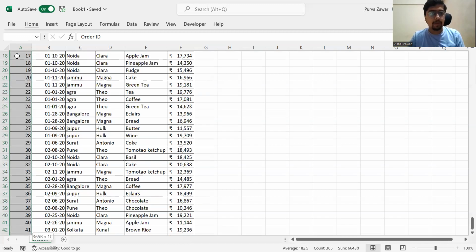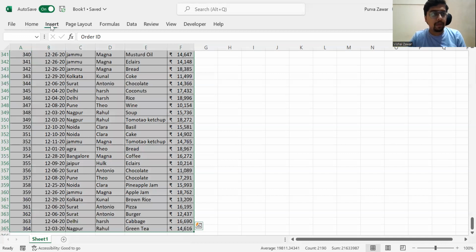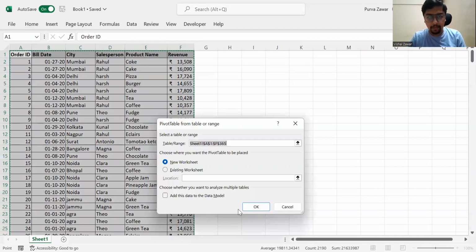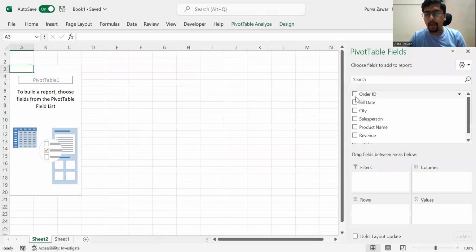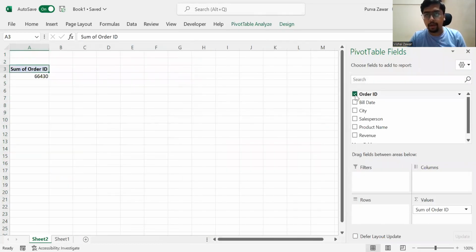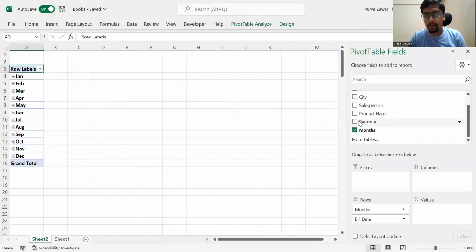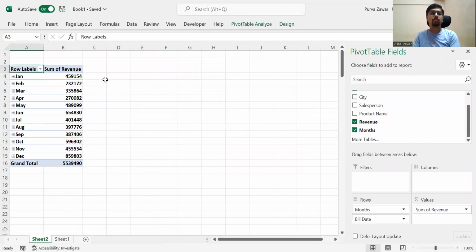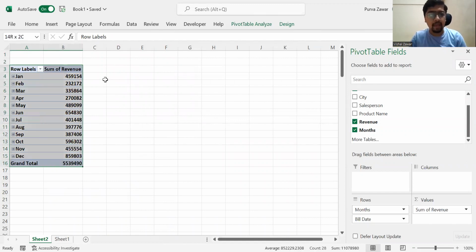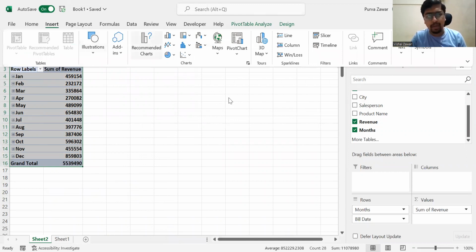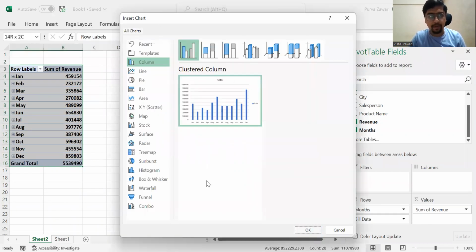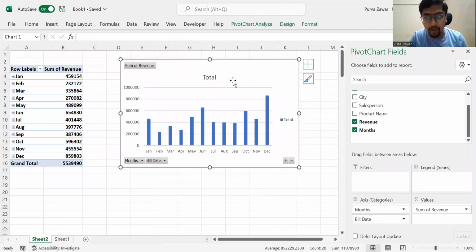What I'm doing is, let me just make a pivot. I am preparing a pivot where I have information which is month-wise revenues. So this is month-wise revenues. But again, numbers are very confusing. So let us make a chart of this. You can use any chart. So say for example, I use this bar diagram. Okay. So this is